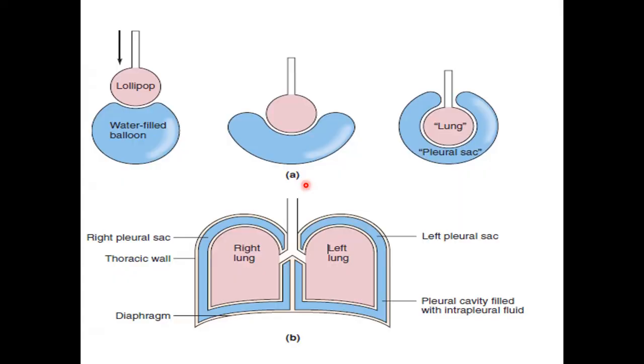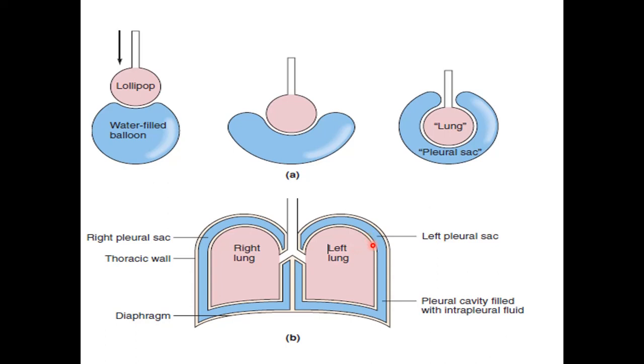Now this diagram shows how the lungs invaginate the pleural membranes. Consider that this is the lung and this is the pleural membrane. So lungs invaginate the pleural membranes, resulting in the formation of two layers. One is lining the outer surface of the lungs and the other lining the inner surface of the thoracic cavity, and in between the two there is a space which is known as pleural sac or the pleural cavity. So this is showing you the two lungs and the two layers of the pleural membranes.